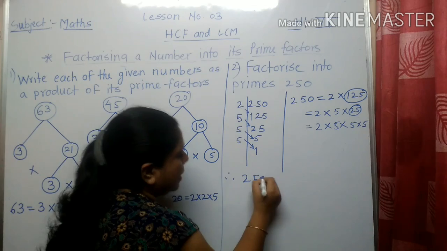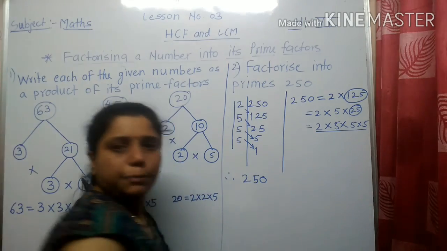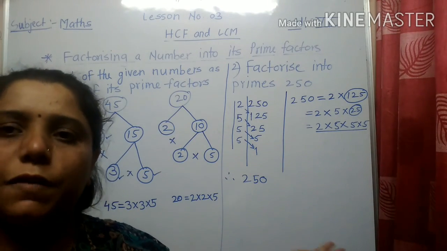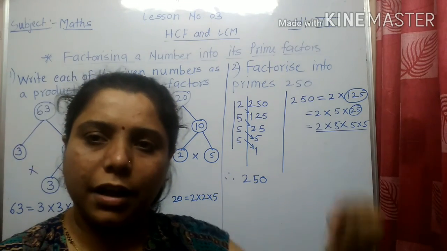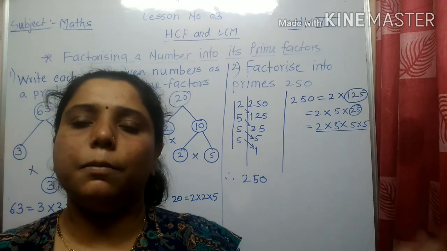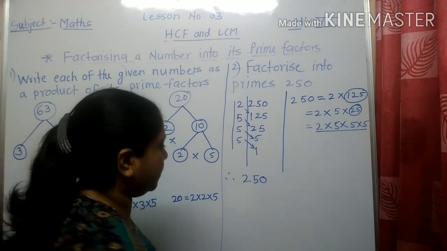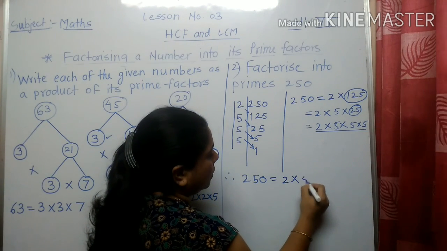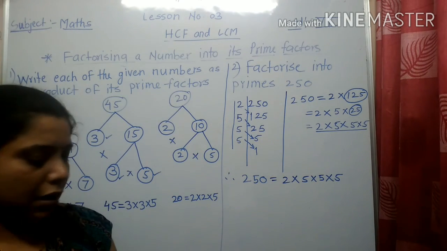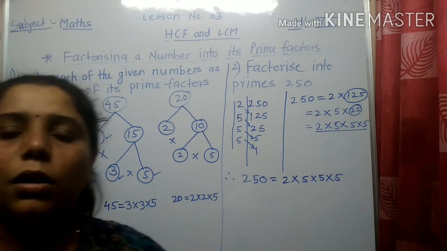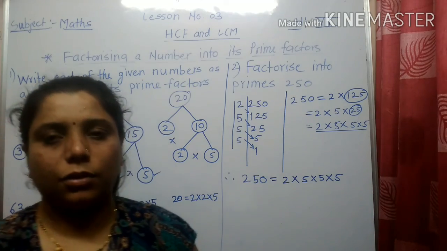Therefore, I can write it as, now see, these prime factors and these prime factors are the same, because we are finding the prime factors of the same number. So you are getting it with the help of both the vertical arrangement and the horizontal arrangement. In both ways you are getting the correct factors. So which are the prime factors of 250? 2 and 5. So there are two prime factors over here, the numbers 2 and 5. Okay, copy this sum.